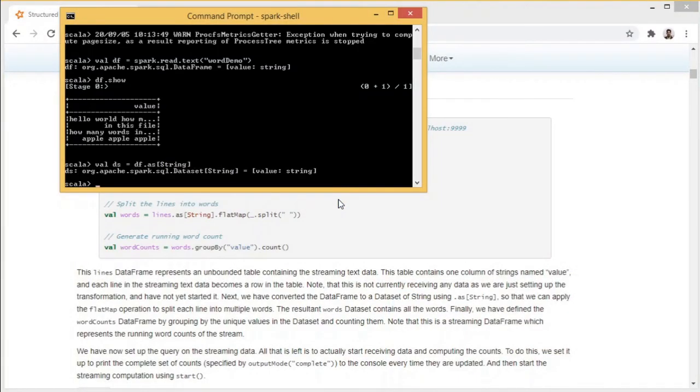So the val mapped equals ds dot map underscore dot length.